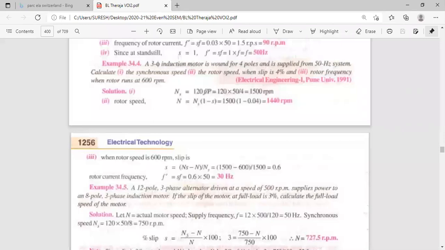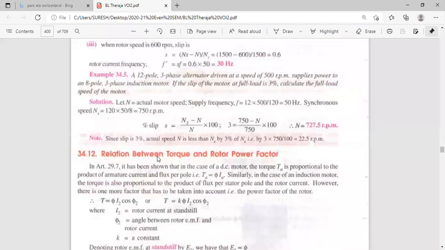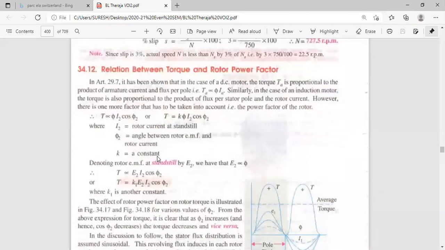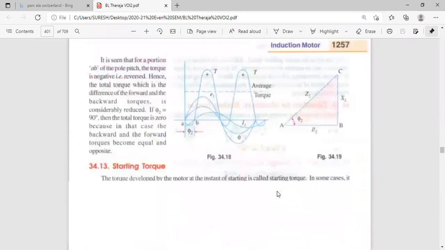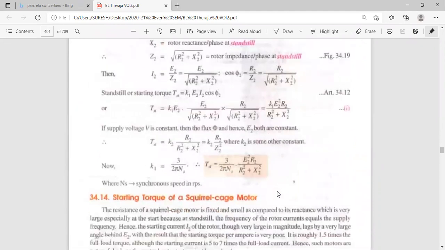Okay, sorry. Any doubt in these 4 problems? No, sir. Okay, then we'll go to one important topic, the next topic, torque. Write down the side heading, torque. I am directly telling the formula for torque. Derivation is not in your syllabus. I'll tell the formula, you write it down.